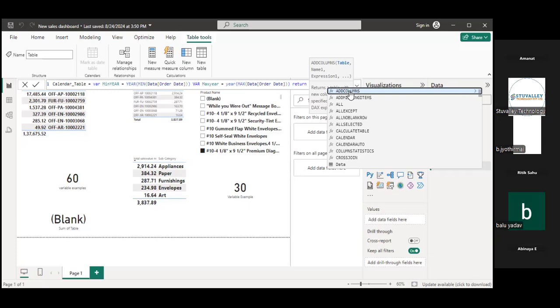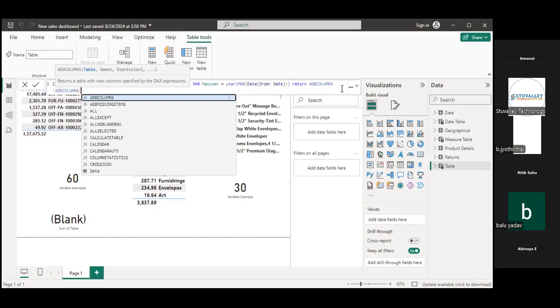हर डेक्स फंक्शन का जो नेम होता है वो सिमिलर होता है उसके यूज केस से. अब ऐड कॉलम नेम से आपको क्या पता चल रहा है कि यूजफुल है अगर आपको एक्स्ट्रा कॉलम ऐड करना है. तो ऐड कॉलम, फर्स्ट ऑफ ऑल आई राइट कंप्लीट कोड, देन आई विल गिव यू डेफिनेशन फॉर दैट.